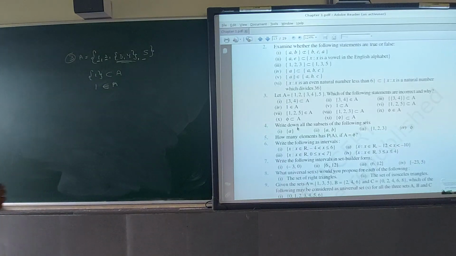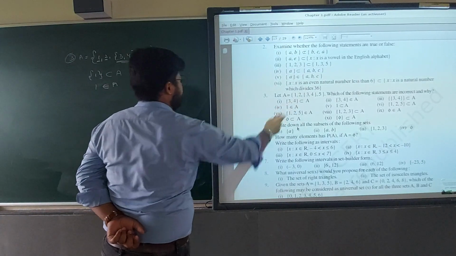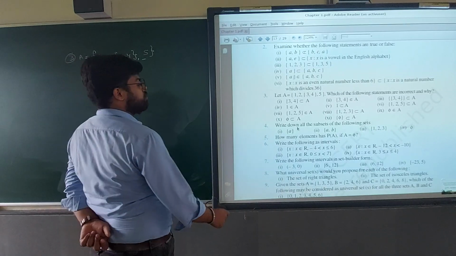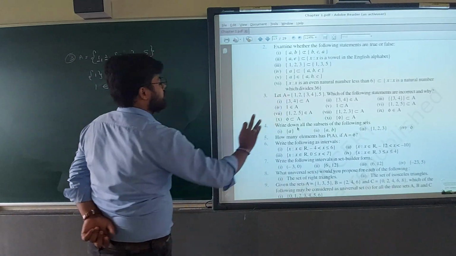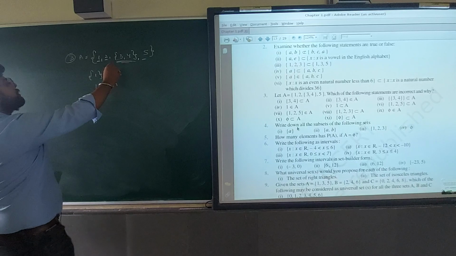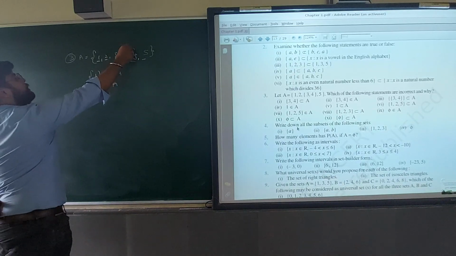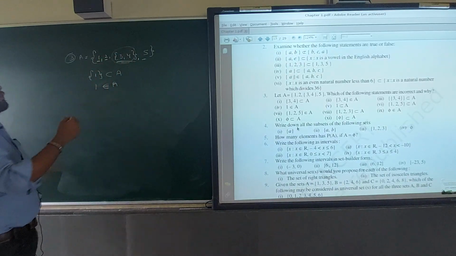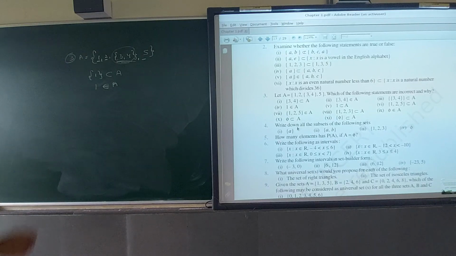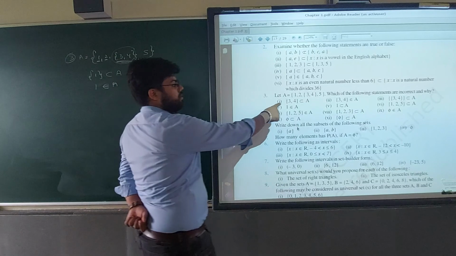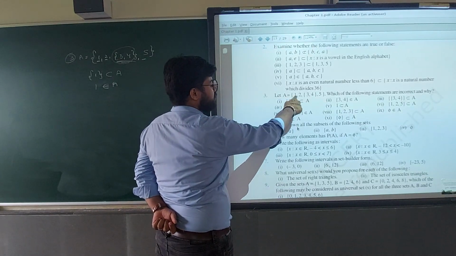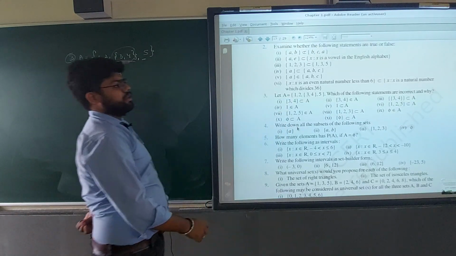But see this, 3 comma 4 is a subset of A. Here what I said, that belong sign is there, means these brackets are not there, but in this condition these are the elements only. This complete is an element. I have to write the element only for that. So this is wrong. We can't write this one. If one more bracket is there, then I can write this thing.